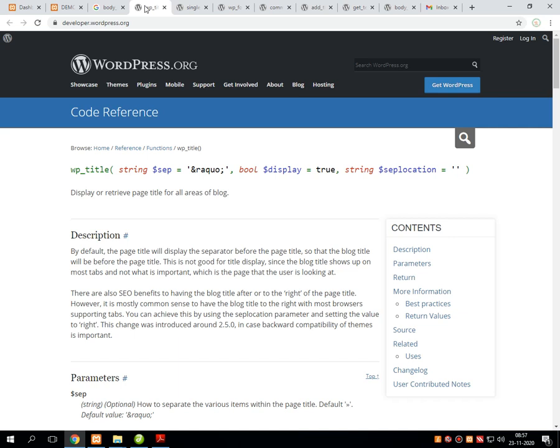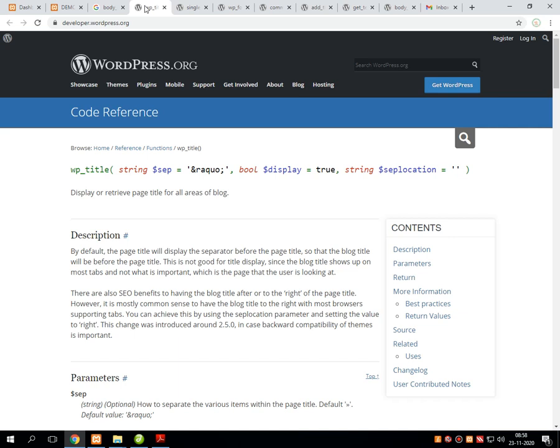There are also SEO benefits to having the blog title after, or to the right of, the page title. However, it is mostly common sense to have the blog title to the right with most browser support for the tab. Here I am not talking about Internet Explorer 10 or higher versions, but you can achieve this by using the seplocation parameter and setting its value to right.